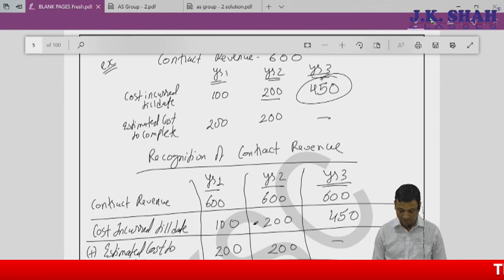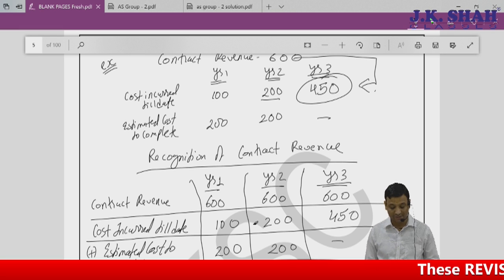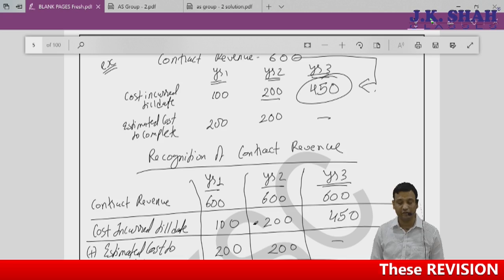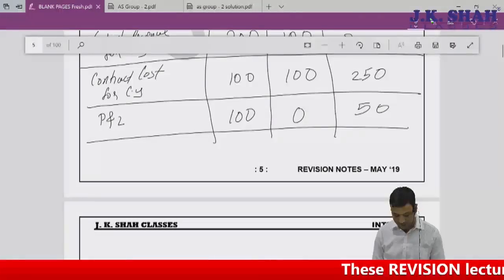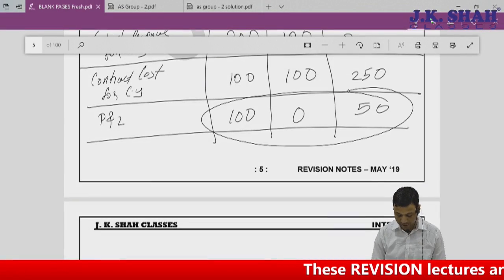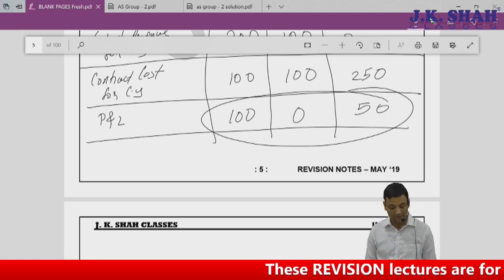Your total cost is 450. This is 600. 600 minus 450. Can I say 150 is my profit? But this 150 is recognized over a period of time. That is nothing but